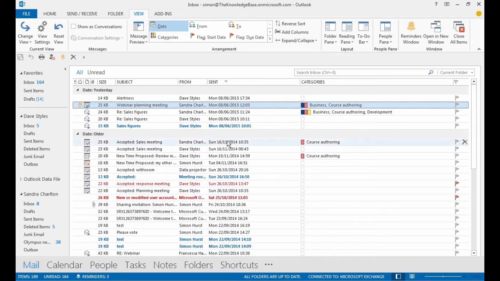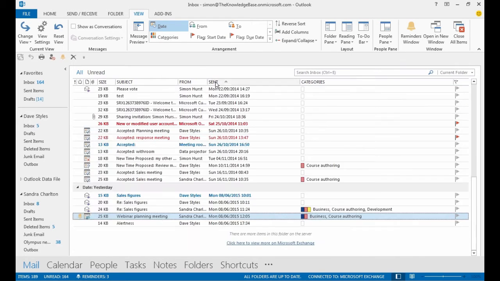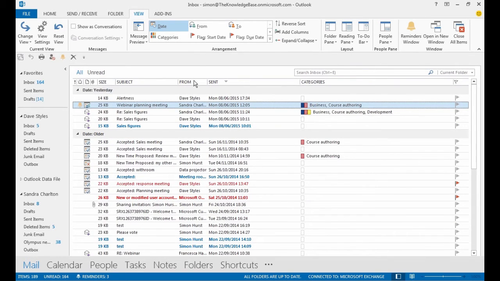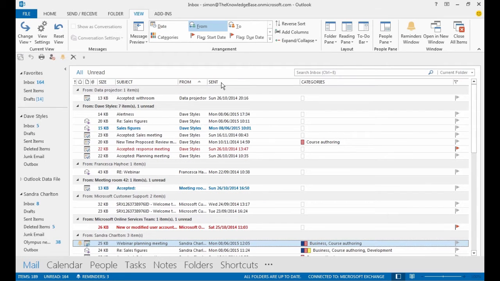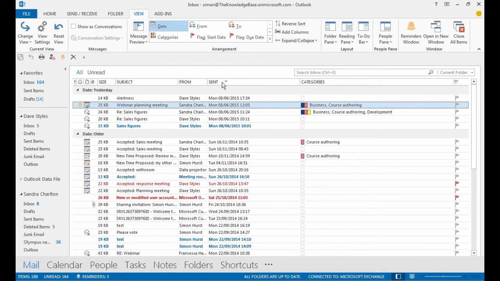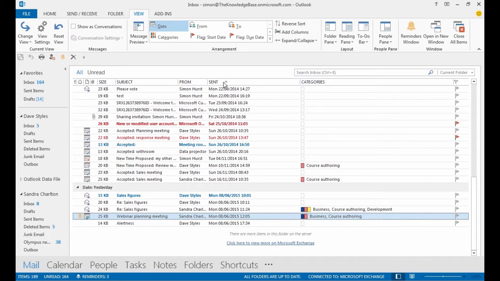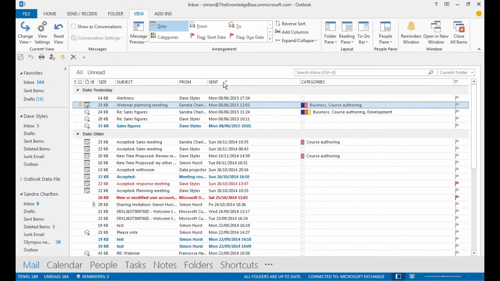So back to our full screen. We've seen how we can just click a column heading to change the sort order. So we can change to who they were from, date order, and if we click twice, we change from ascending to descending to ascending order. Obviously, we can do that with any of the columns that are displayed, but we can also choose which columns to display. So if we want to get rid of a column, if we don't want to look at the categories column, we can just click in the column heading and drag, and you'll see the black cross appears, indicating that if we let go, the